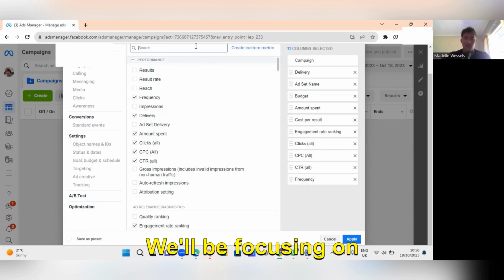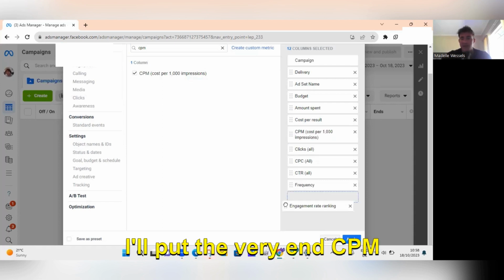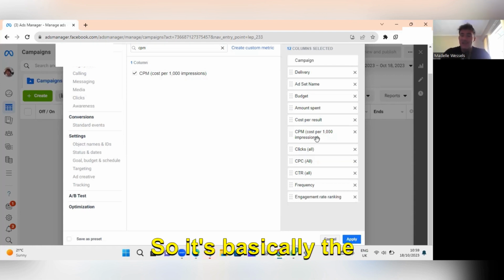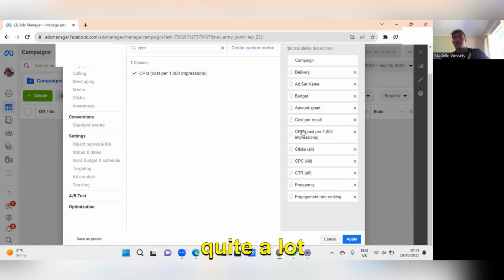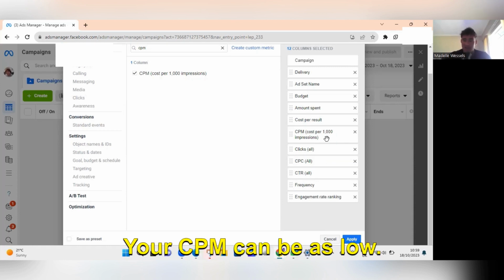That's the next one we'll be focusing on. CPM. Let's move this one a bit up. Engagement rating, I'll put at the very end. CPM is your cost per 1,000 impressions. So it's basically the cost to show your ad to 1,000 people. If your engagement rating is doing really well, your cost per click is really well, your CTR is really well, your cost will go down quite a lot. And if your ad is engaging with a lot of people, they like the product, they like the ad, it's a pleasant experience, your CPM can be as low